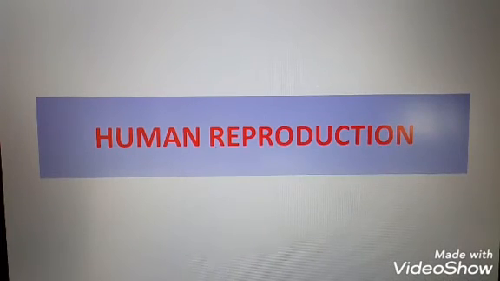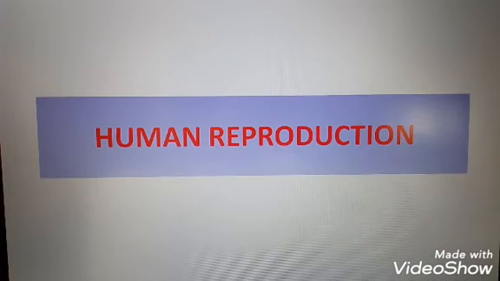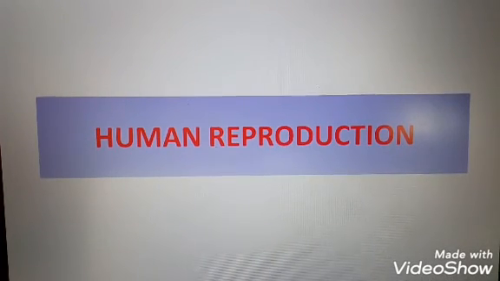Next question is, where are fimbriae present in the human female reproductive system? Give their reason. Where were these fimbriae present? Fimbriae are the finger-like projections present on the edges of infundibulum. Infundibulum means fallopian tubes. They help in collection of ovum after ovulation. Clear it is.